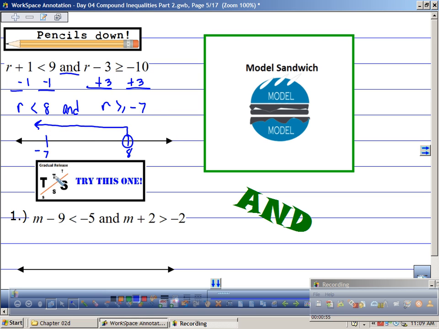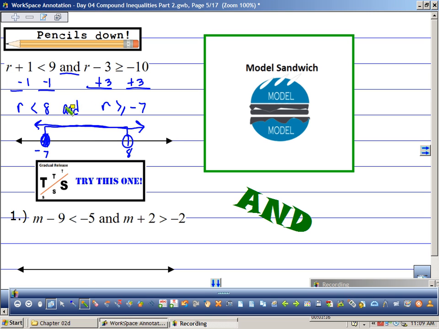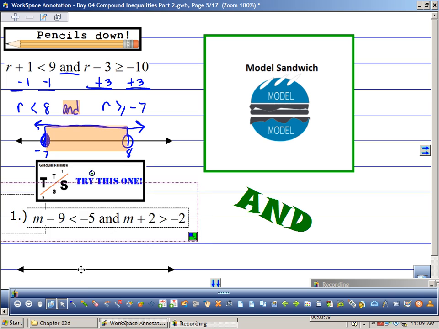And r is greater than or equal to negative 7. That's going to be a closed circle because I'm including negative 7. r is greater than negative 7. Now I'm going to say to myself, I'm talking about when both things are occurring, this and this. So my solution space is where both things are happening. The way I would write this